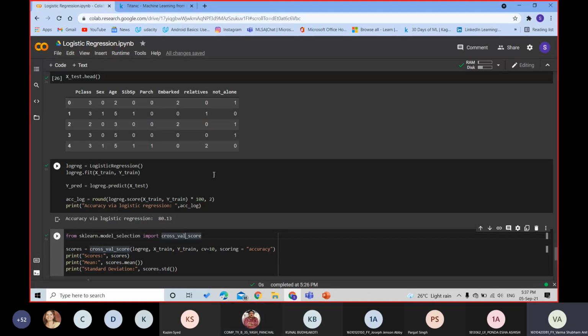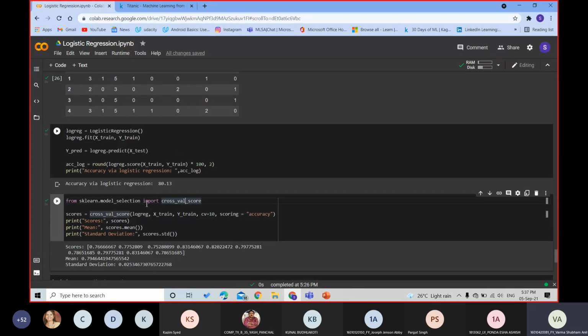See, it depends how big a data set you have. As you said, you might have a small data set, so you are dividing your data set into testing and training parts, correct? But if you have a large data set, we can keep some part reserved for training and some part reserved for testing. But here, as you can see, I have used cross validation too. So using my training data set only, for testing, I have done that too. I hope I answered your doubt.